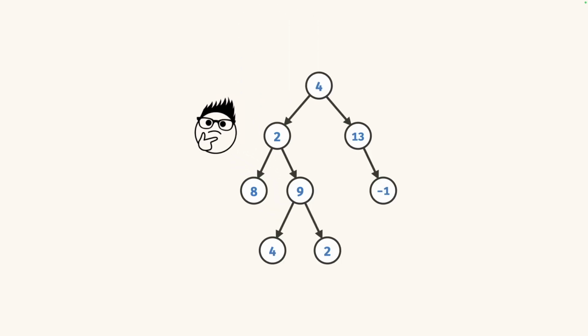So in this problem, we're going to take in a binary tree as input. And we also have a target sum. What we want to do here is check whether or not we can find a path in this tree that sums up to the target sum. And the constraint here is that we need to have the path start at the root and go down to